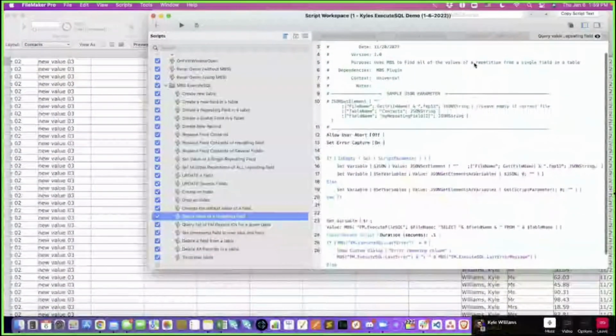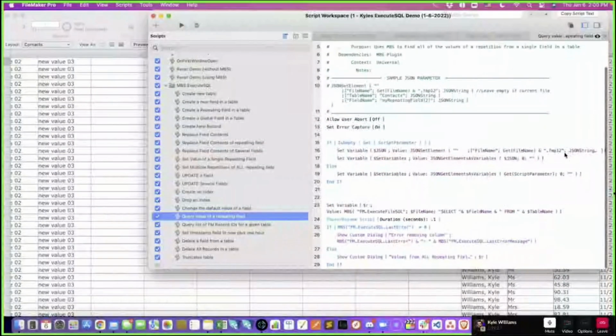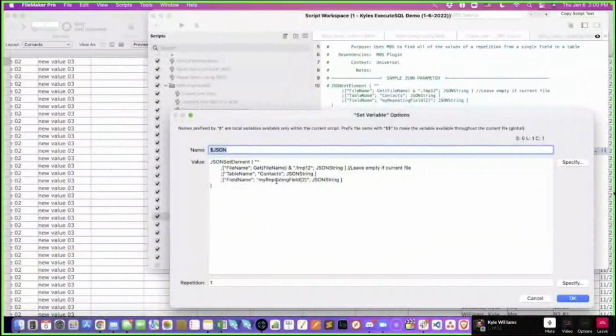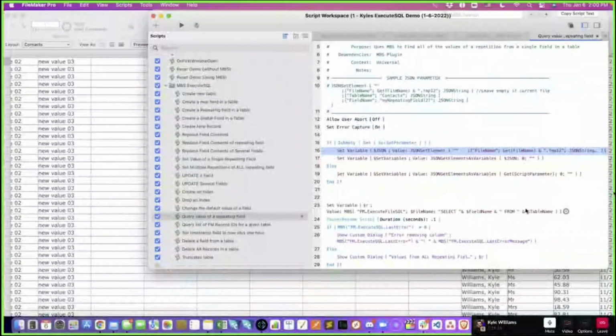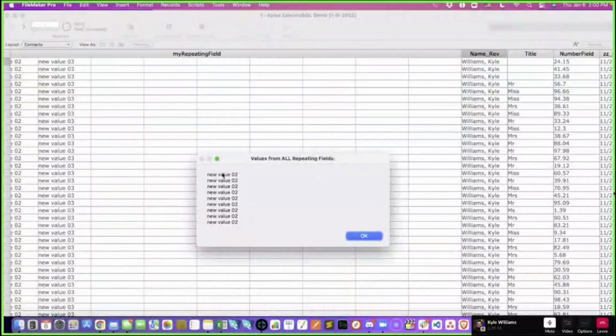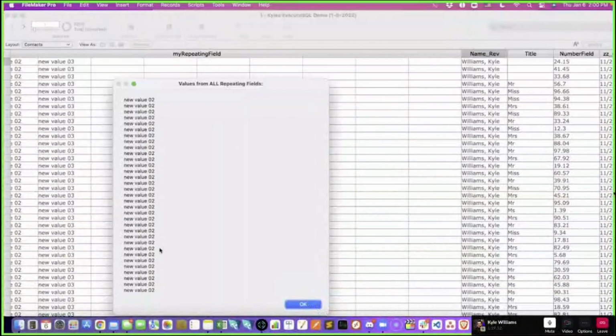And then query value of a repeating field. So finds all the values of a repeating field from a single field in a table. So contacts repeating field 2. I don't know if, did I finish this one? Well, let's see what it does. Oh, there we go. So it's querying the value from the second column, and it's returning the list. So that did work,